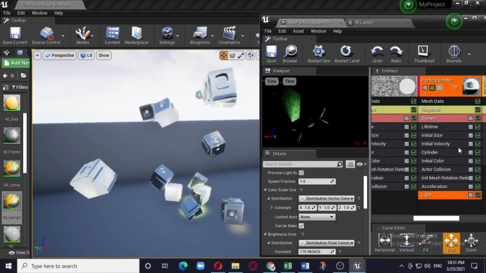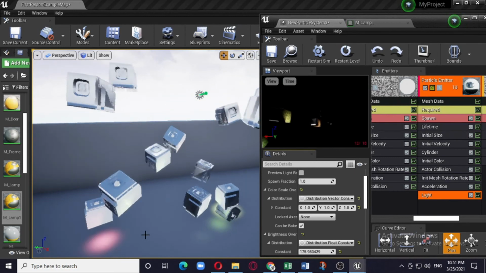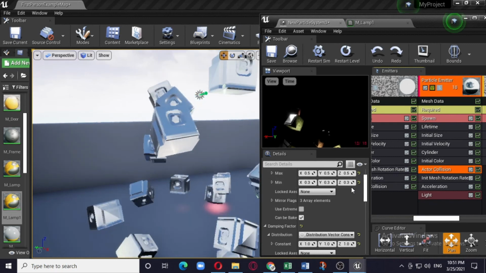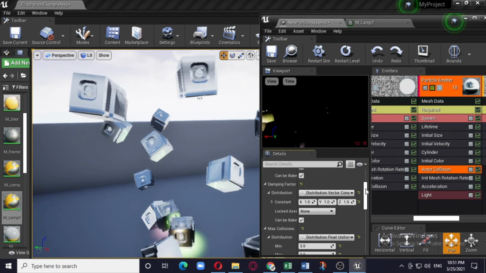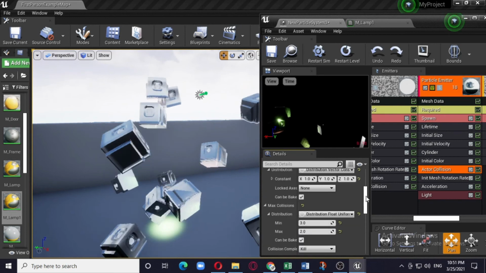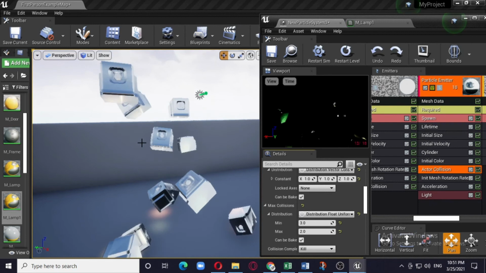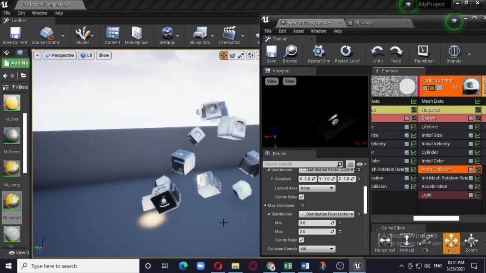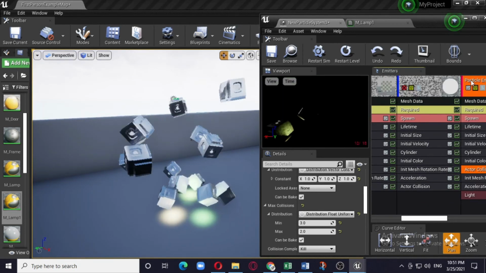And then there is a collision. In the earlier example you have seen there is no collision, but here there is a collision, so you can add actor collision. So you put whatever value you want to put, and again in the max collision you can have a value which is minimum or maximum, based on which this behavior will depend. So here we are, and then let us go to,